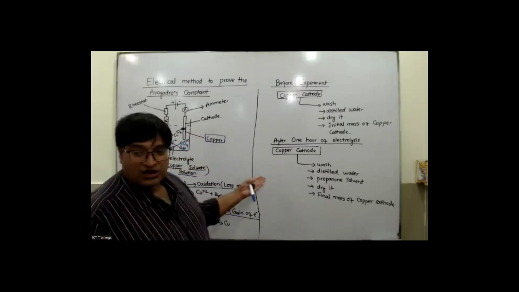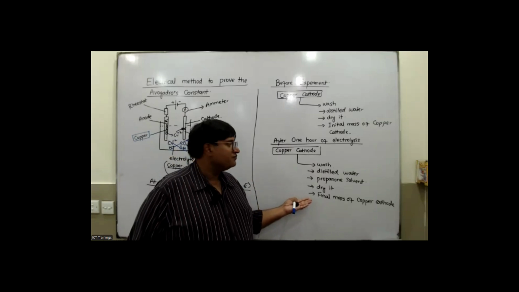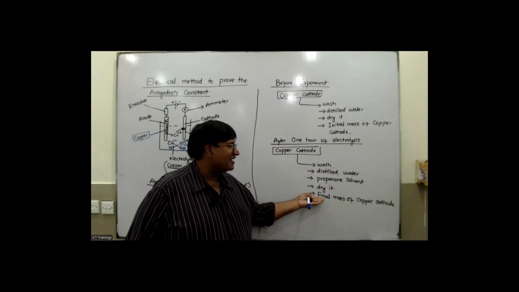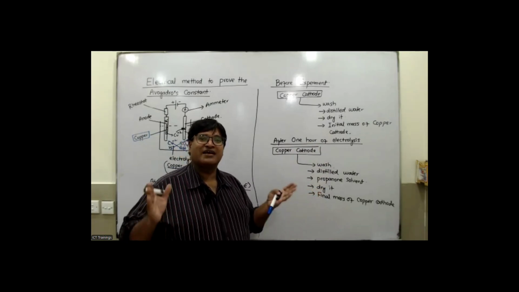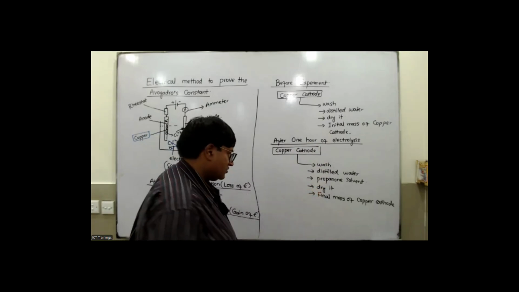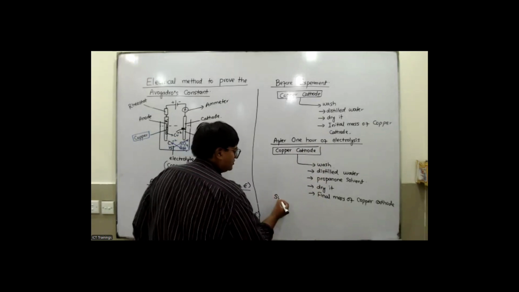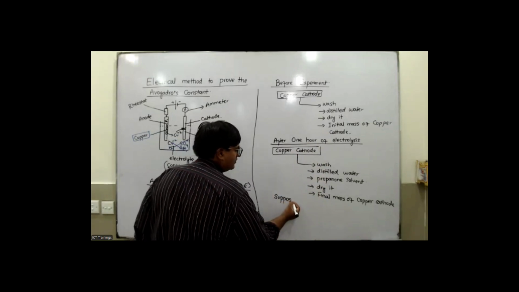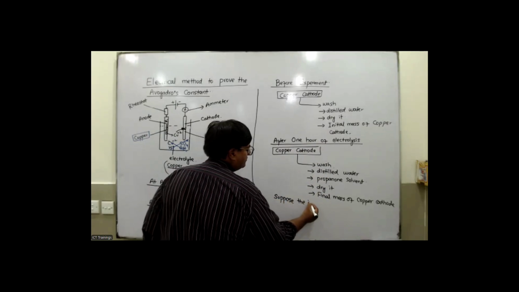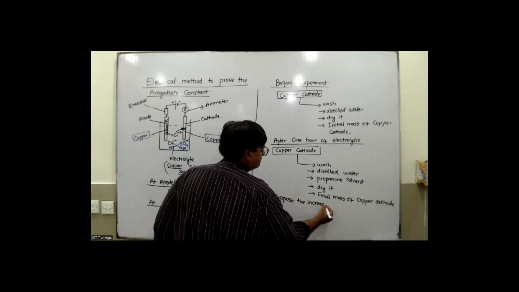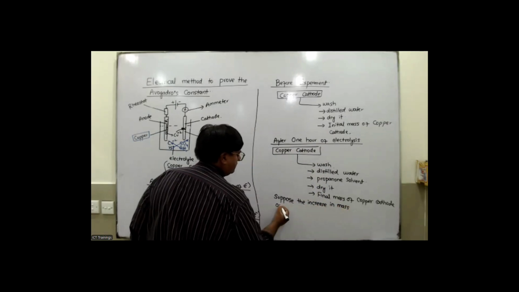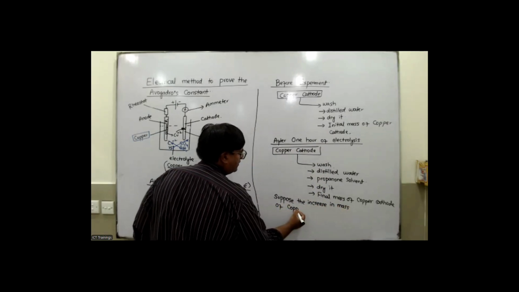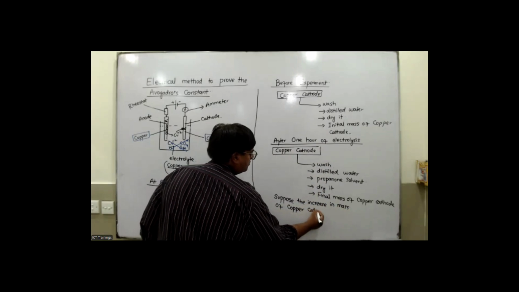Okay guys, so now what you have to do is subtract the initial mass from the final mass of the copper cathode, and you can find out the increase in mass of the copper cathode. Okay, so suppose the increase in mass of copper cathode